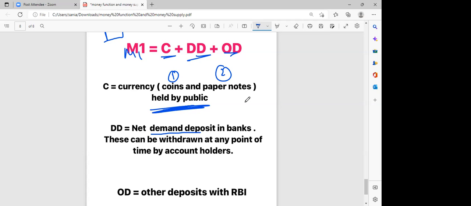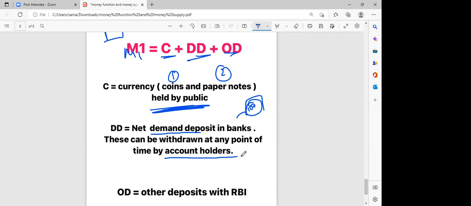For example, this is your bank account, you deposited 100 rupees over here. You can withdraw it anytime, but only the account holder can withdraw it. For example, if I deposited 100 rupees in your account and wanted to withdraw 100 rupees the next day, I won't be able to do it because I'm not the account holder. You are the account holder. So deposit anyone can do, but if you want to withdraw the amount, only account holders can withdraw it. Clear?